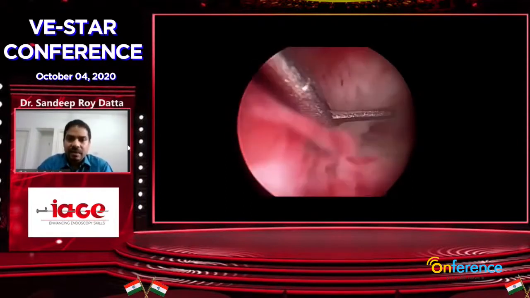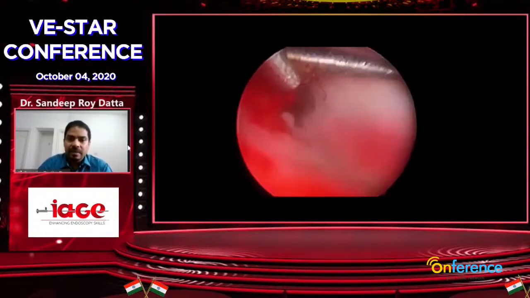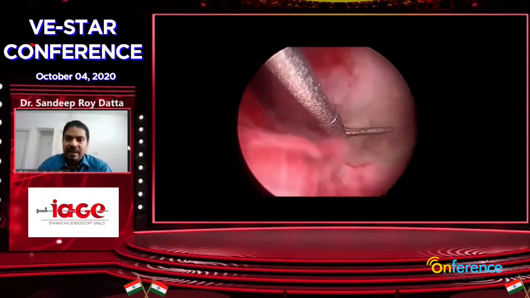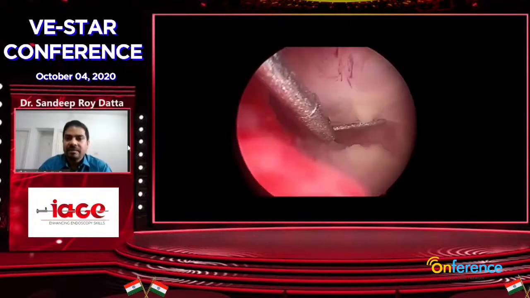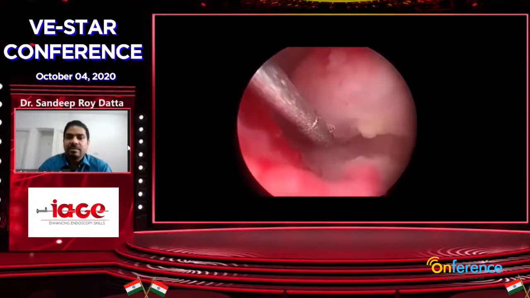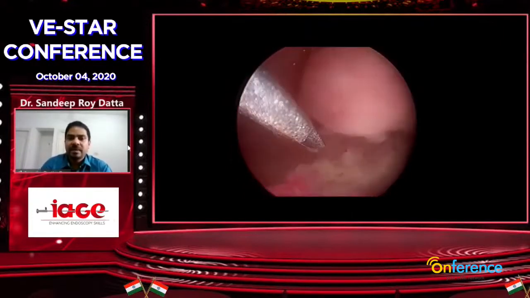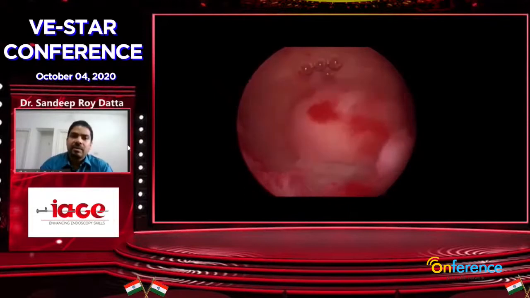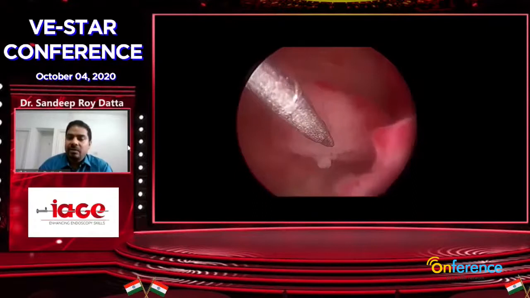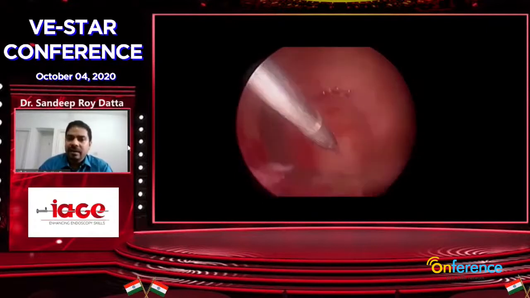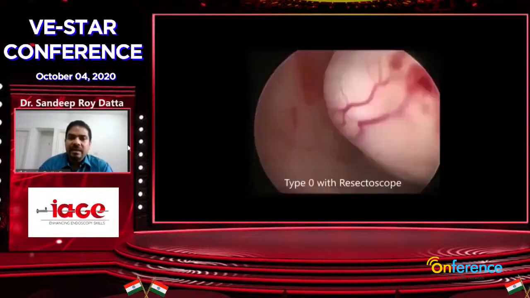One thing is important: when you cut the fibroid from the endometrium, you keep on pushing it so that you can find a proper plane where you have to cut. Here you can see a little amount of fibroid is left behind. This can give rise to a recurrence, so if a little bit of fibroid remains, that has to be removed later on. Now, one question is that the fibroid is moving around, so how to take it out? If it is a very small fibroid, we can hold it with a grasper and take it out. But if it is a little bigger one, we can slice it and then take it out.